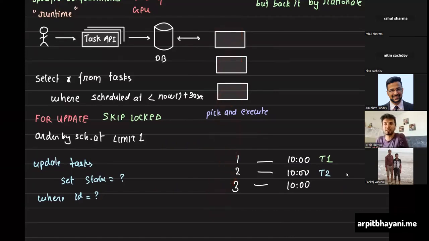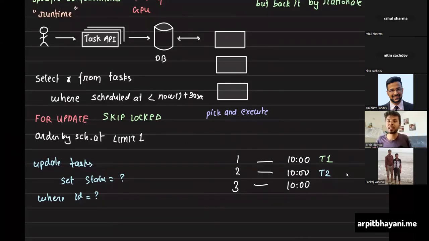So that I can complete 1 million tasks to be executed at this exact same time. When I have that kind of thing, each machine would be querying this database to do it. So I need to handle 1 million concurrent connections on this database. That is not possible because the database has a limit. So when you have a large number of tasks to be picked up, if there are n tasks to be picked up, you cannot have n machines to pick those things up because the number of connections is limited on this database.